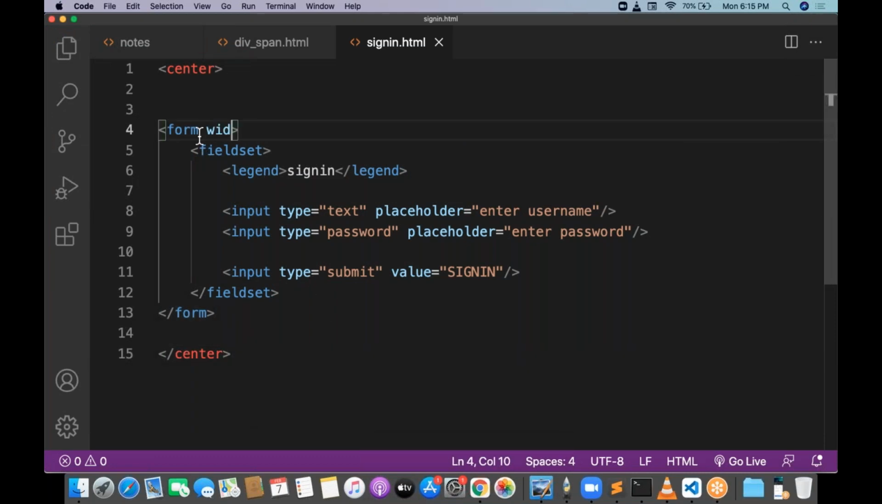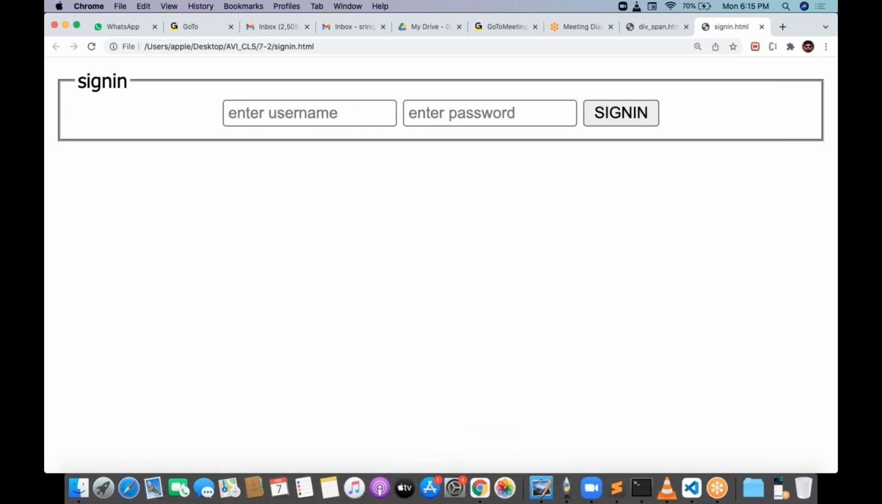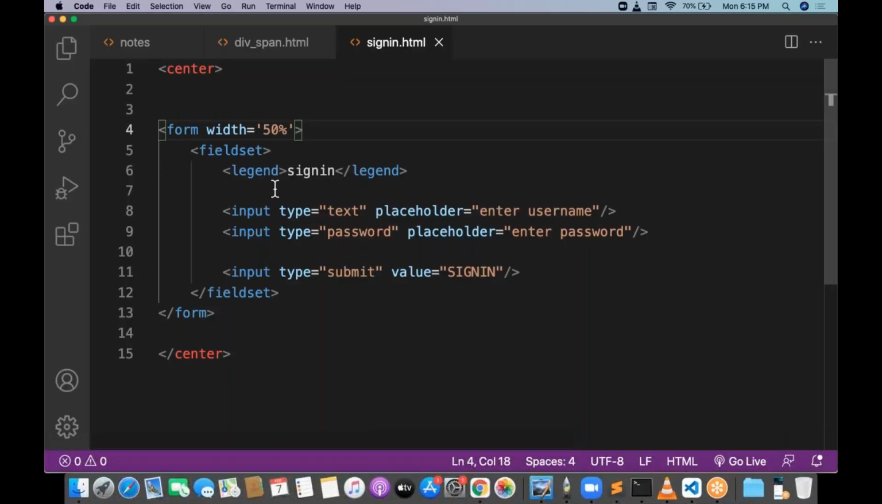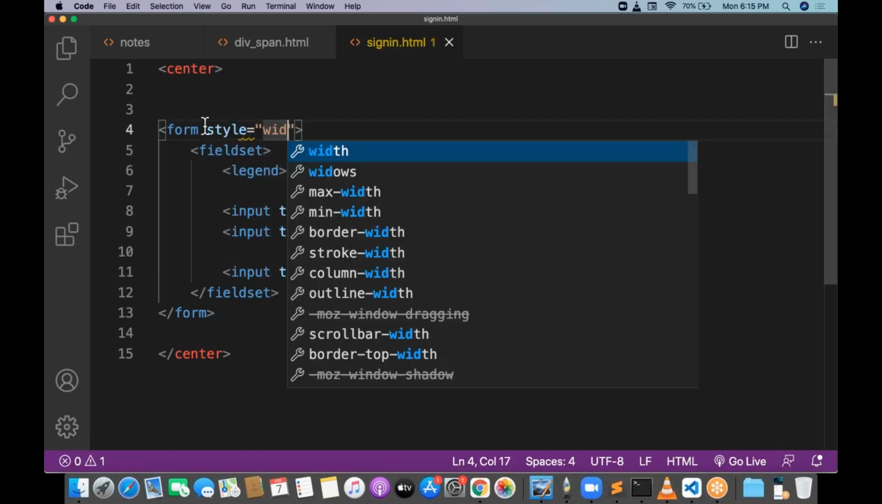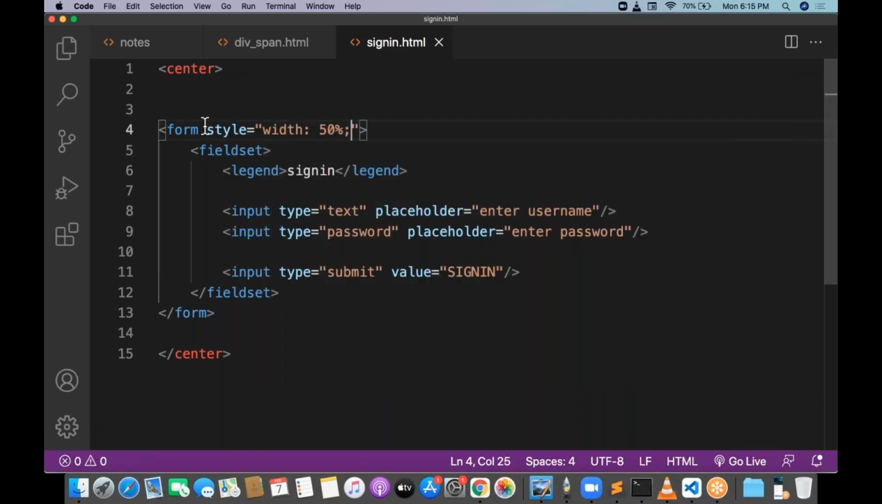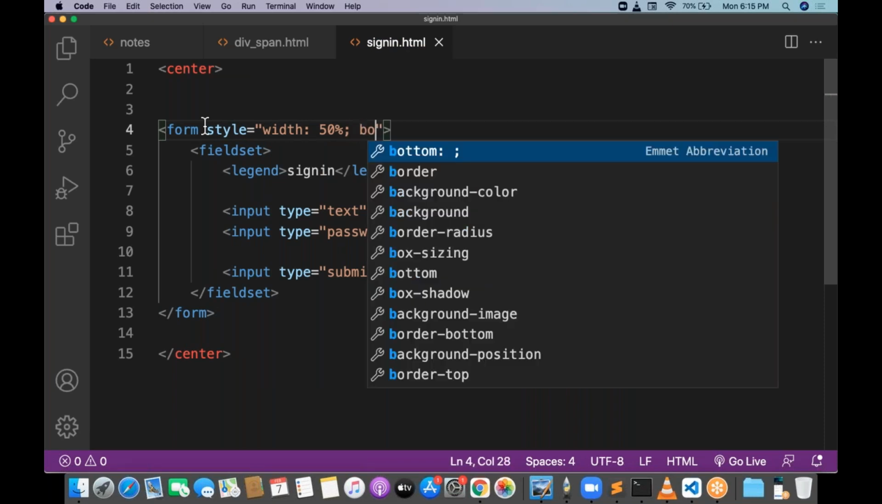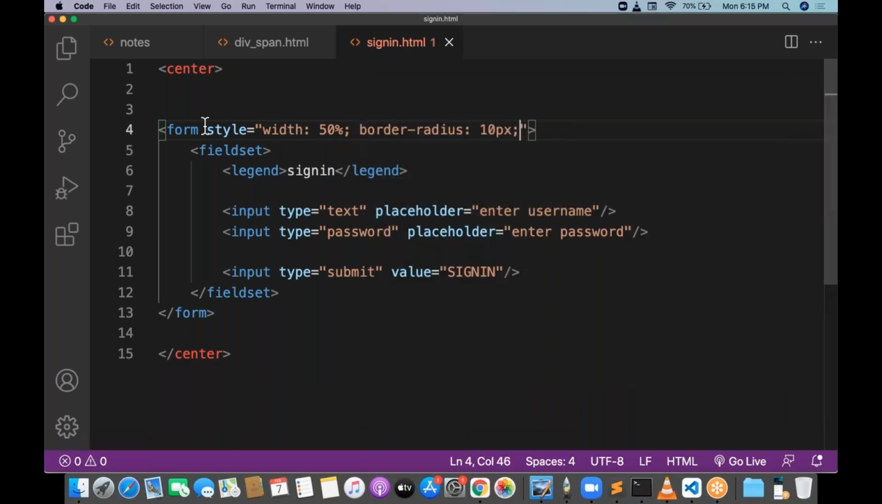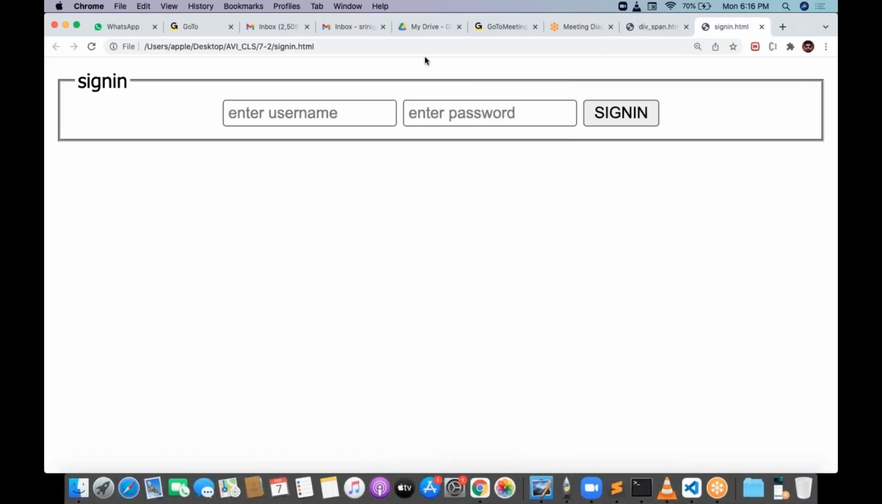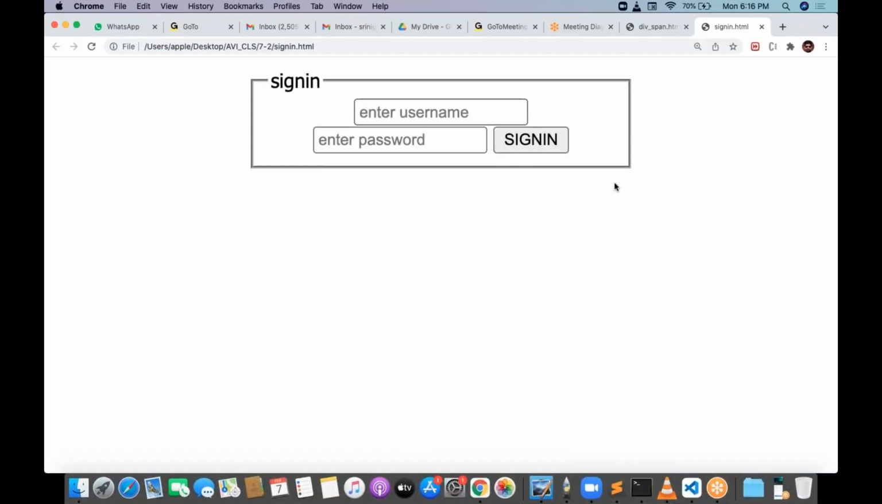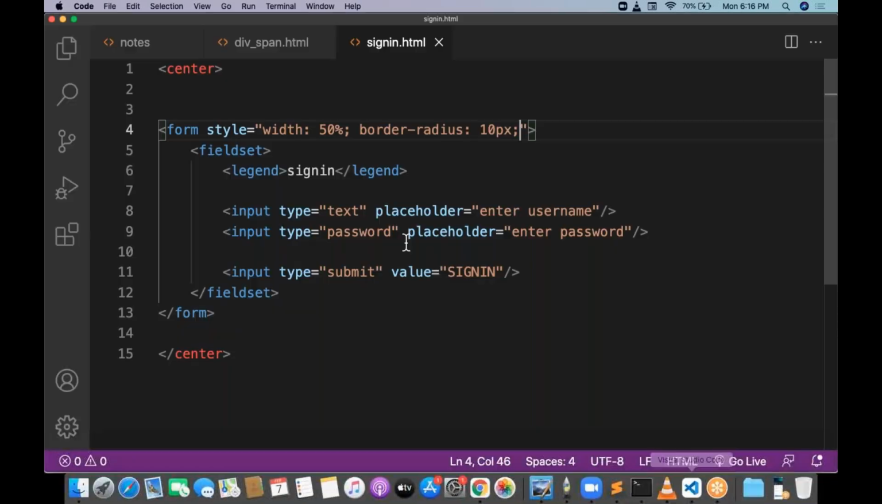And let me give the form a width equal to something like 50%. Form is going to have a width property. Sorry, this one is not adjusting, so let me go to the style sheet for this, width 50% and border radius 10 pixels I'm going to provide. Now you can see the form is going to have